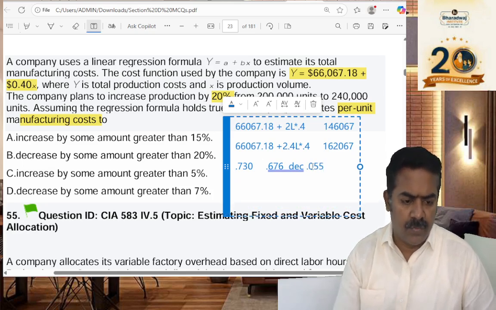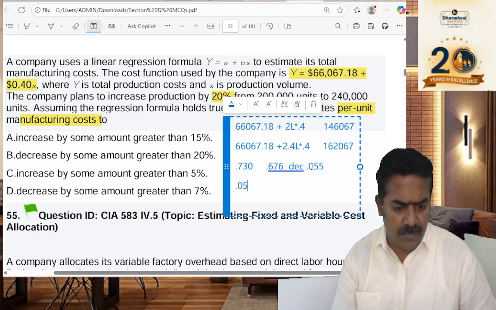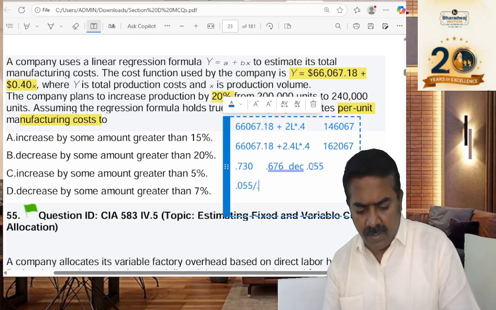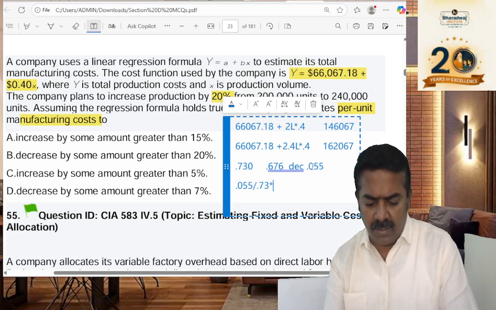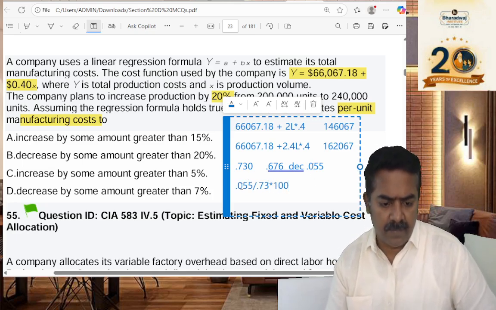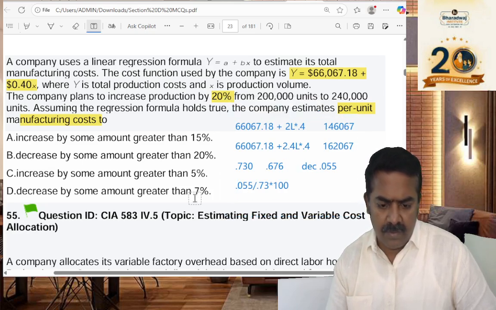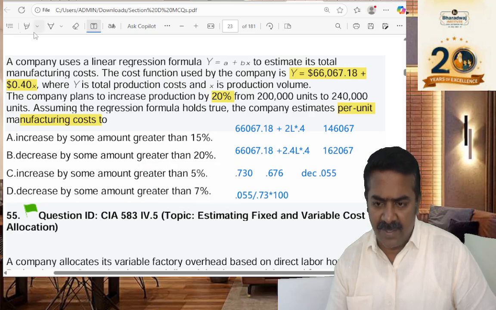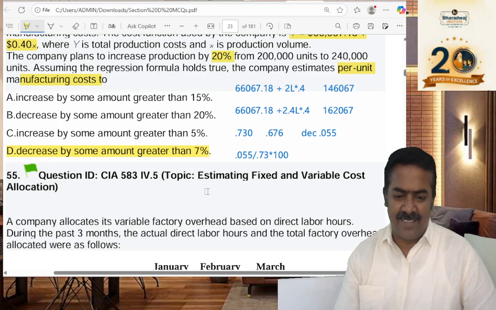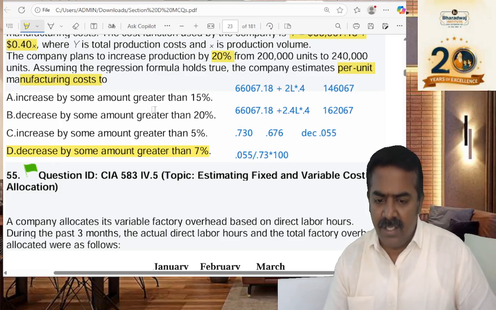Okay. So if you look at percentage of decrease, 0.055 divided by 0.73 into 100. See, it has decreased by greater than 7. So the decrease is greater than by 20% chance. So based on the